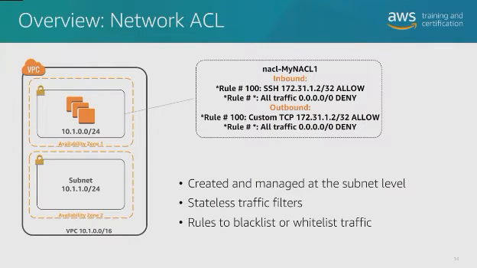In this case, I've got inbound rules to allow SSH traffic if it's coming from a single specific IP address. In this case, 172.31.1.2. If I'm coming from that IP, I'll allow SSH traffic. Any other port, protocol, or IP address will then fall down to the next rule, which simply is a flat-out